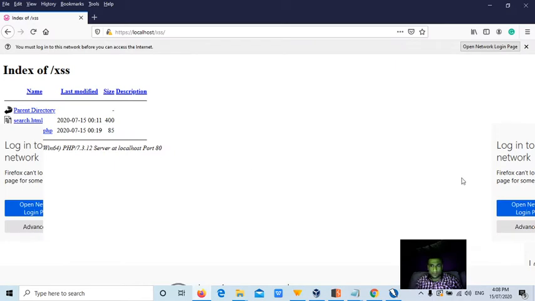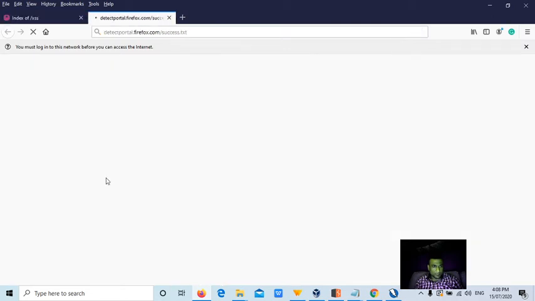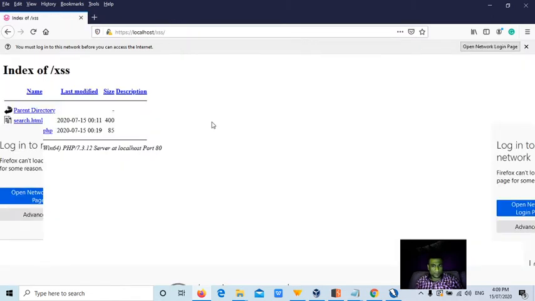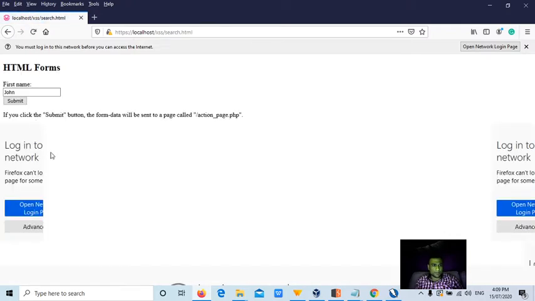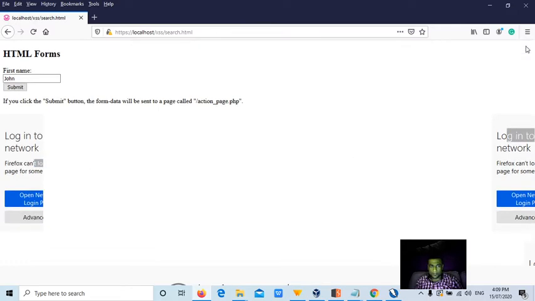Now login into the Firefox cannot recognize, advanced, open network page. No, what is it saying, some error. Let's see. However, we are able to see this one. Why is it not showing properly?